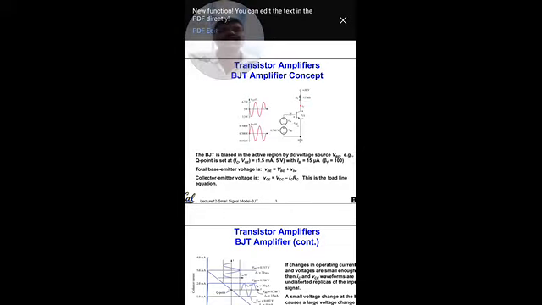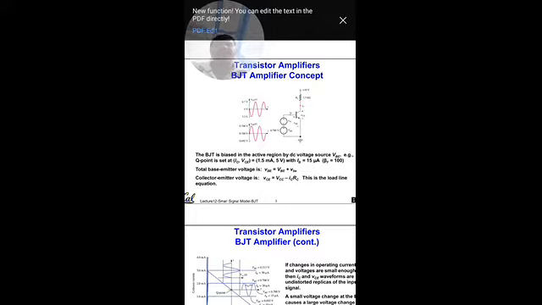Hello students, today's class we are going to study some problems based on the H parameters of the transistor, also known as transistor amplifier analysis. We do some mathematical calculations for the required gain. To get the required gain, what are the values of component values required, using the H parameter model.